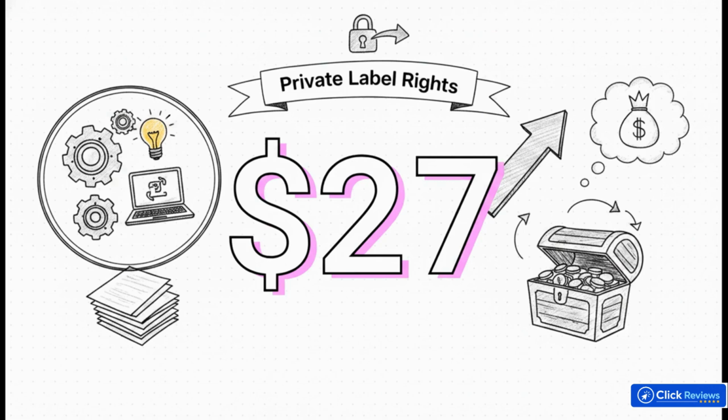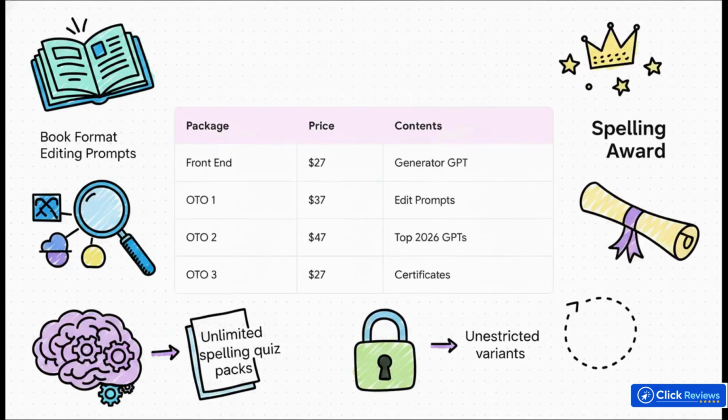But here's the real kicker. This price includes a full private label rights, or PLR, license. That means you can actually rebrand the generator system itself, sell it as your own product, and keep 100% of the profits. It even comes bundled with a done-for-you sales letter and promotional emails. Crazy, right? Now, if you do want to expand your offerings, the purchase funnel does include some optional one-time offer